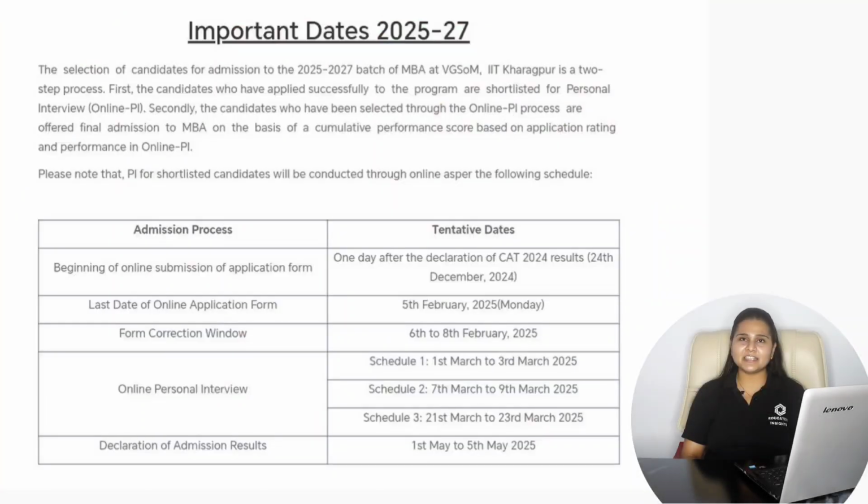So here if we consider the important deadlines you need to follow with the Indian Institute of Technology Kharagpur, the online application for the MBA program has already started and the last date of application is 5th February 2025. So this is all about the Indian Institute of Technology